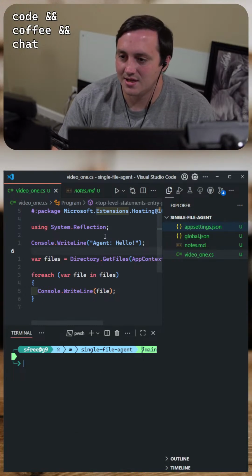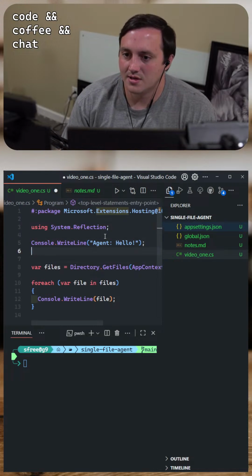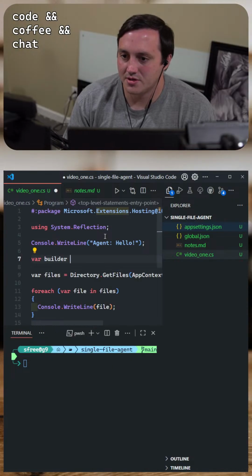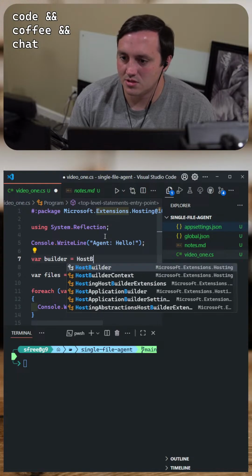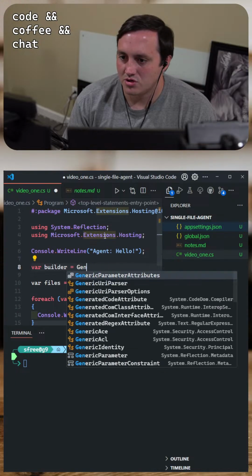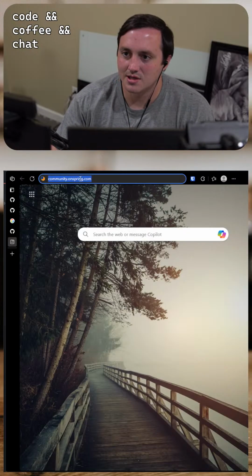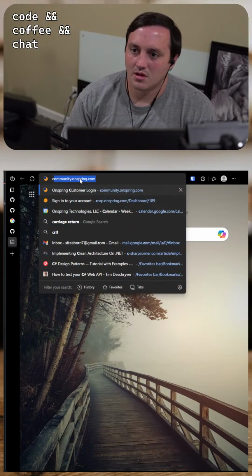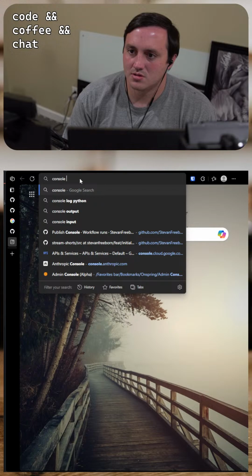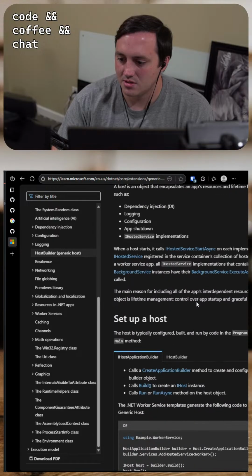And then I say var builder equals Host builder dot generic host. What is it? There's a default host that I can use. Console host C#. There you go, generic host.